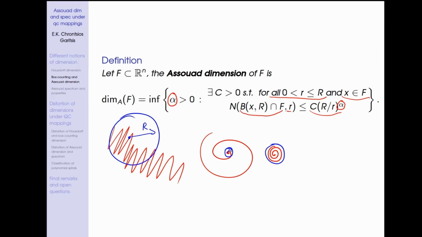Or at the same time, for example, if you have that other set we defined, 1 over n for n natural, from 0 to 1, if you get some R that is small enough, then you will start seeing more and more and more points. So you will start seeing something almost one-dimensional every time you zoom in more and more. And the same goes for zooming out from sets. This is the idea of the Assouad dimension.